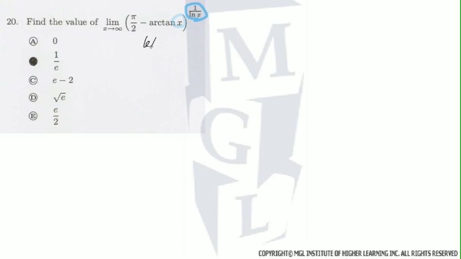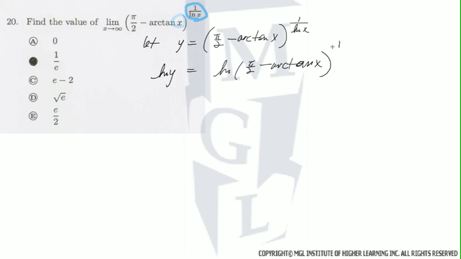So first let's let y equal to pi over 2 minus arc tan x to the power of 1 over ln of x. Ln both sides. And log has this property. If you have log of a to the power of c, it's equivalent to c times log of a. So that means we can bring that down to the front. And when we do that, we get